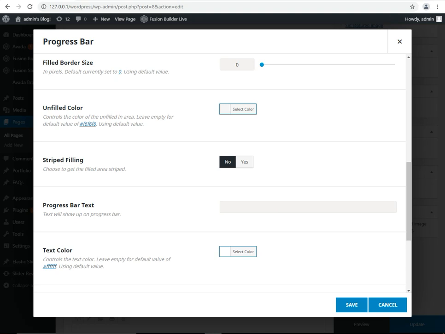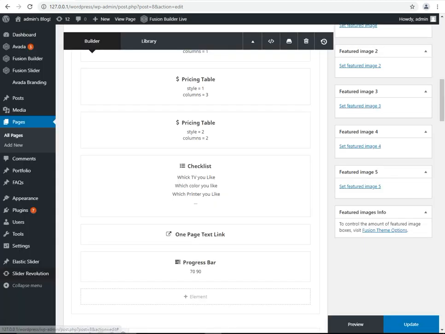Our text shows here, like job done on time. Save, update.